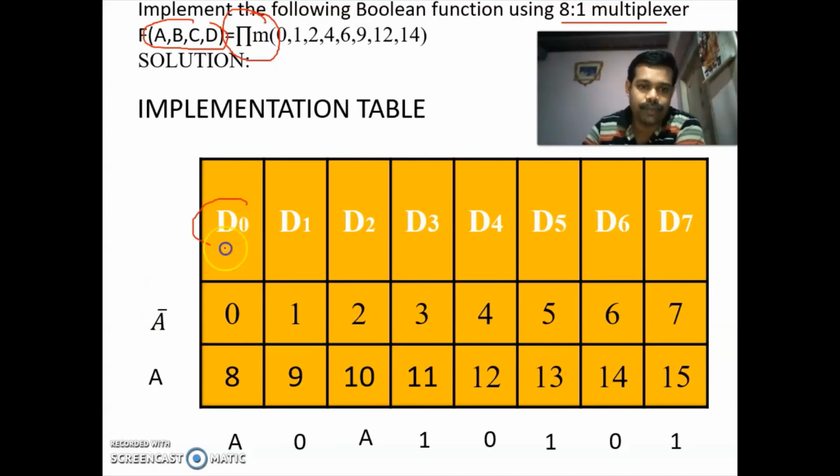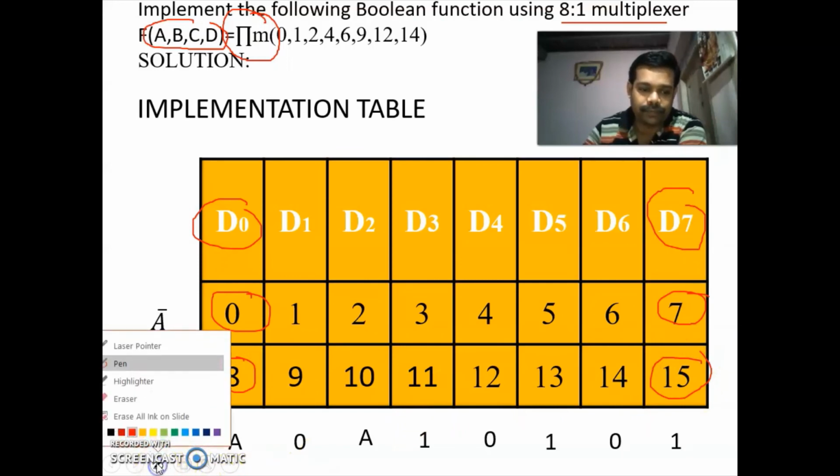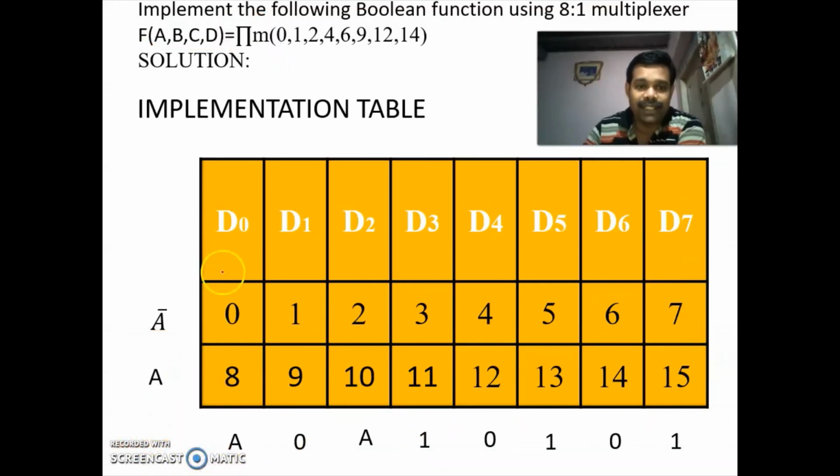First you have to write the inputs D0 to D7, and in the second row you have to write from 0 to 7, and in the third row you have to write from 8 to 15. Since the question is in POS, you have to encircle the numbers which are not in the question. Here you have 0, 1, 2, 4, 6, 9, 12, 14.